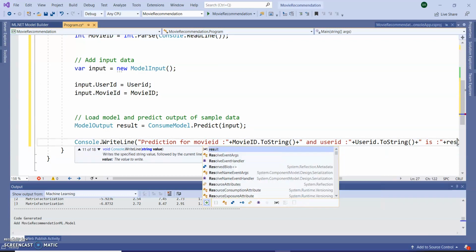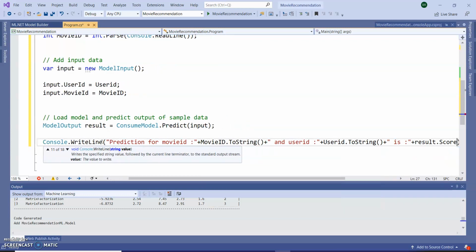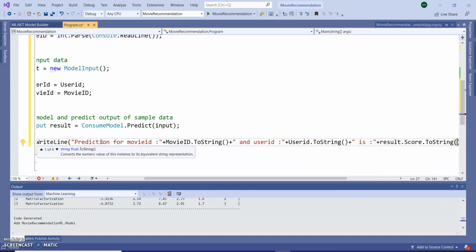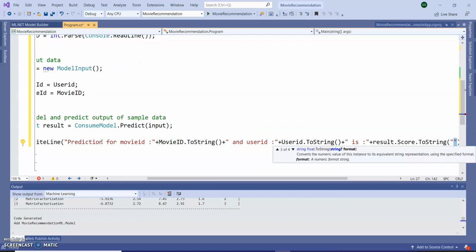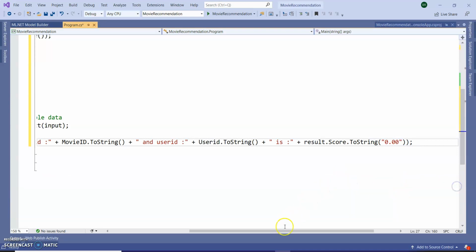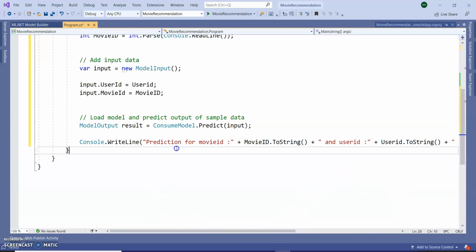Here I want to give result.Score.ToString. Just giving the prediction.